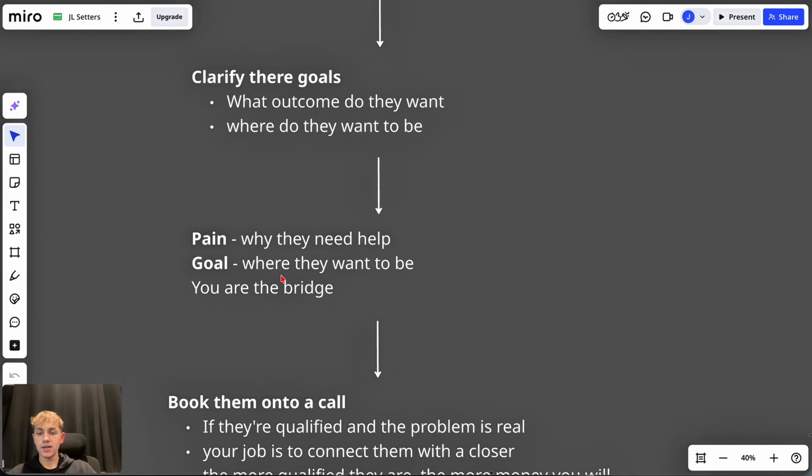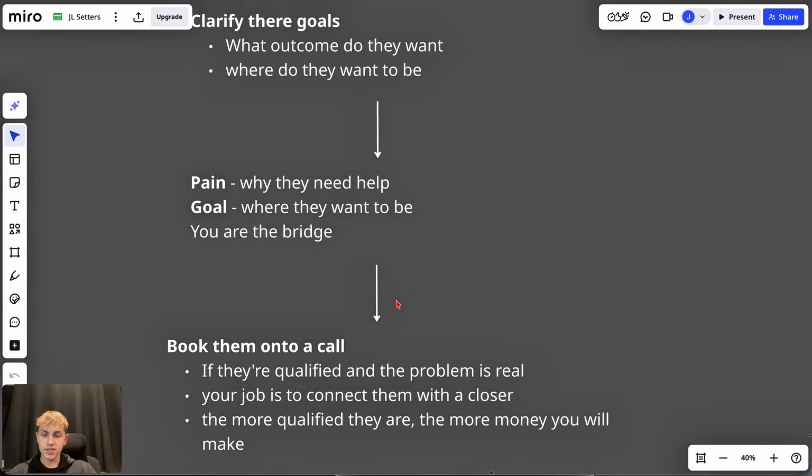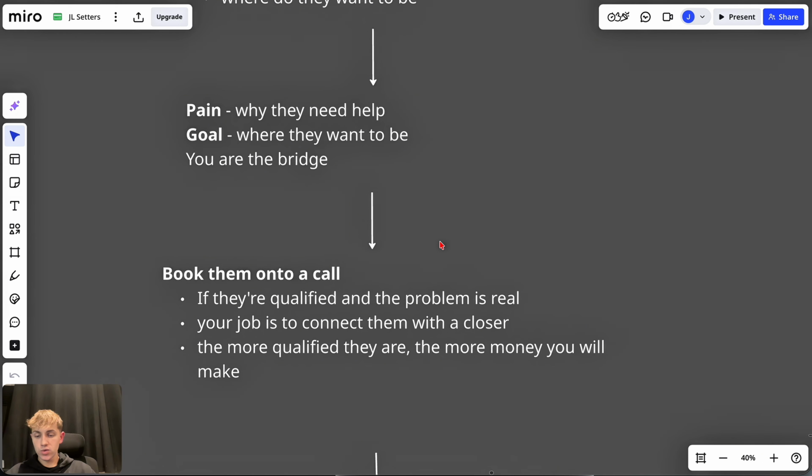Once you've got their pain and then where they want to be, you just bridge the gap. So you just present yourself as a solution. So you then book them onto a call. So you're only going to want to book them onto the call if they're genuinely qualified and if their problem